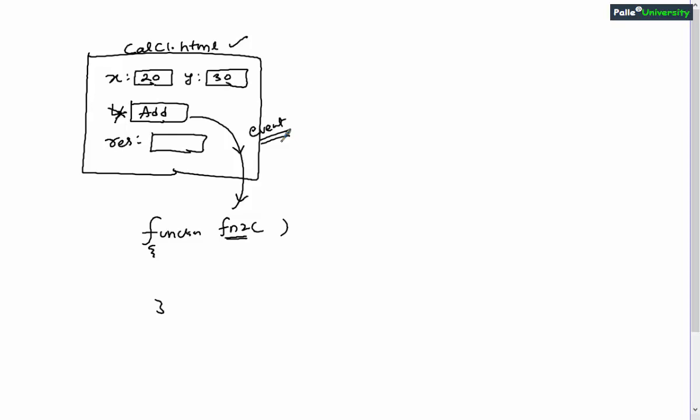After identifying the event, then from that event you need to call the JavaScript function. So in this JavaScript function, what you need to do? You need to get the reference of this text box, read the text box value. You need to get the reference of this text box, read the text box value, and you need to get the reference of this third text box, and the addition of these two numbers has to be placed over here. That is my requirement. So probably you can easily write the code for reading the data present in these text boxes, and probably you can easily place the data into this result text box. The major point here is calling the JavaScript function from the corresponding event. That is the important thing.